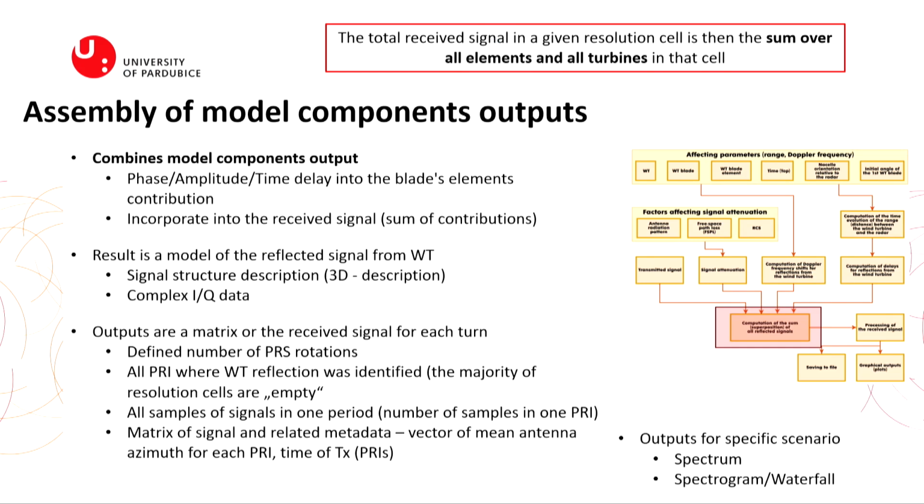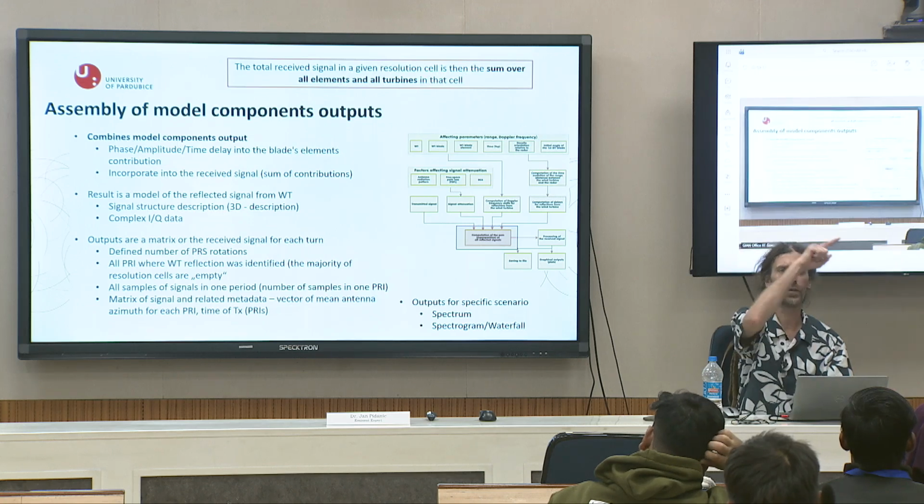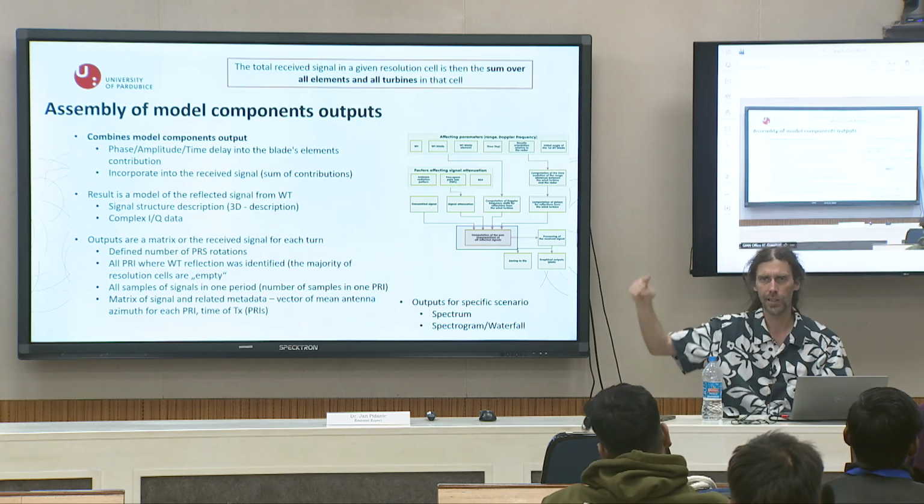In each turn it is different, of course. It is time variable. So we have a definite number of rotations. Usually we simulate up to 20, something like this. Why not more? Because it depends on the speed of the wind turbines. You definitely won't see this periodicity of